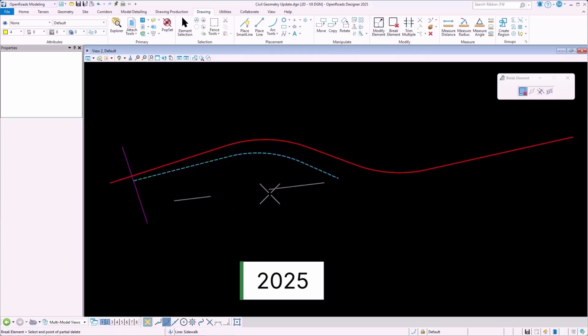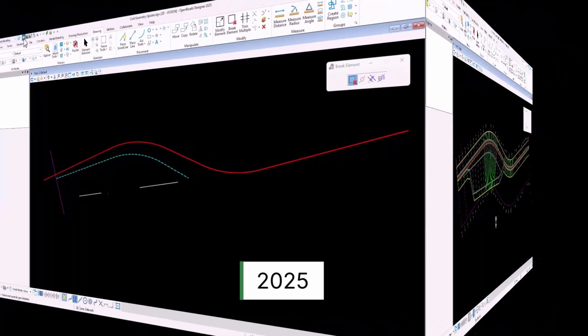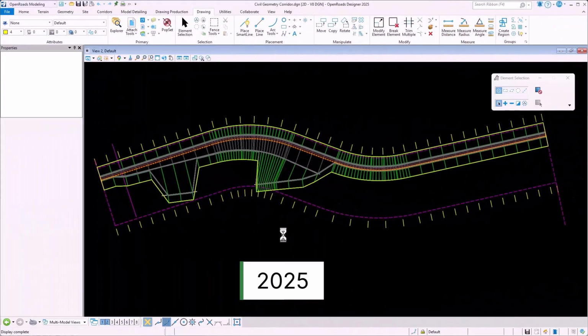Now, if we make those same kind of edits in the 2025 release and we go to the corridor, it automatically sees those instantly and heals itself without any additional manual